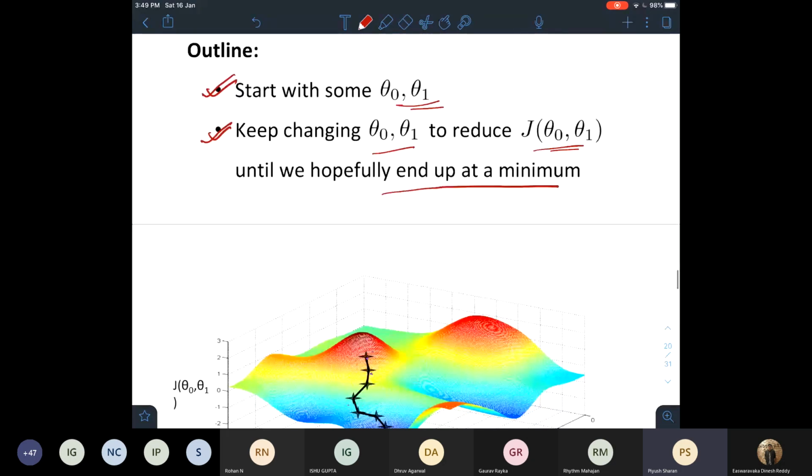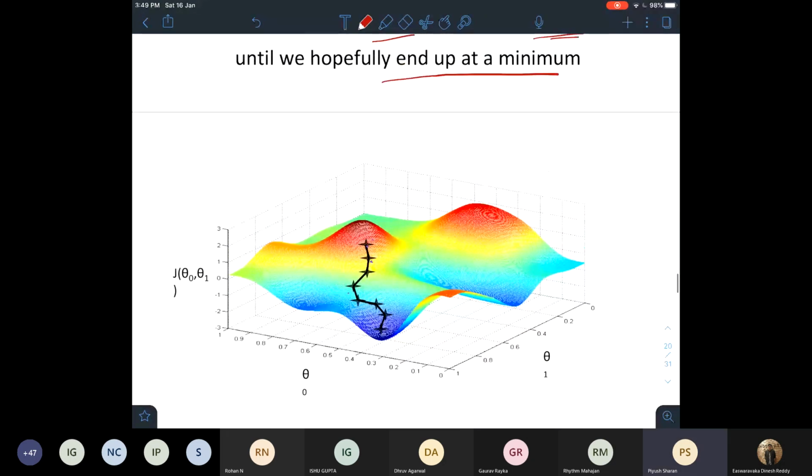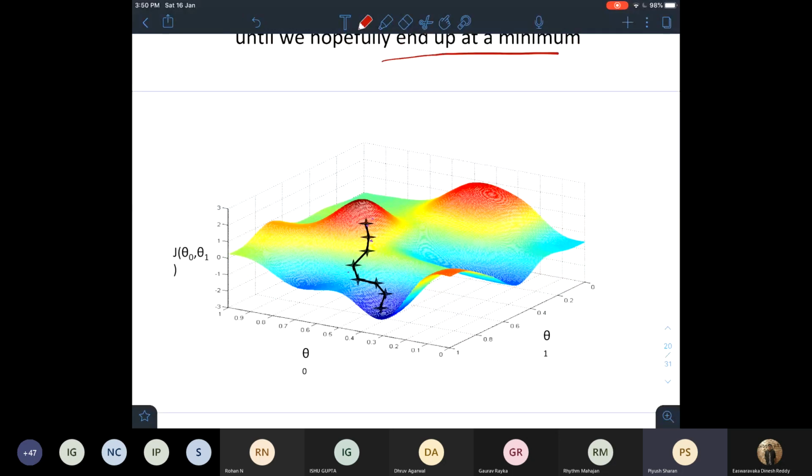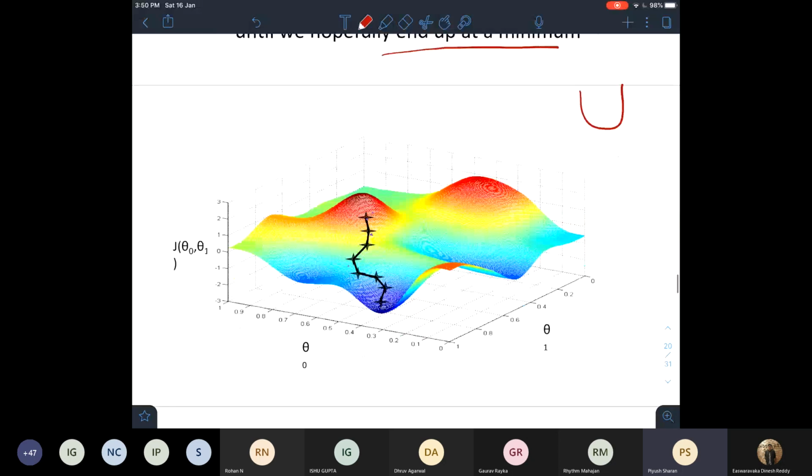Why do I say hopefully reach the minimum? Because for the linear regression problem, yes, the curve is bow shaped, but that is not always true. If you choose a wrong algorithm, you might end up with a curve looking something like this. This curve has multiple minimas, one over here, something over here.